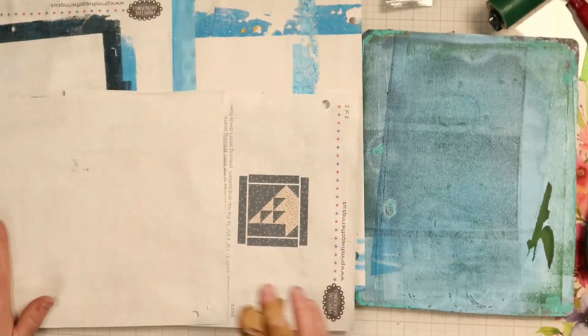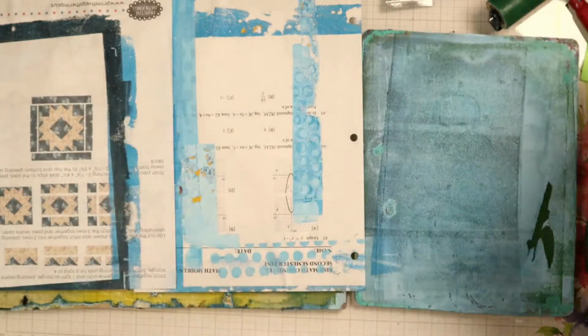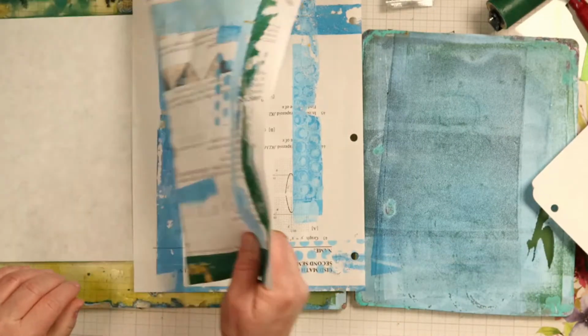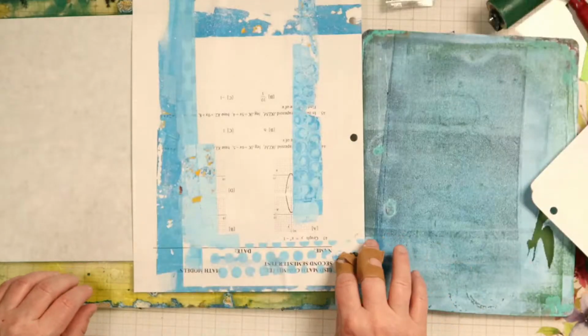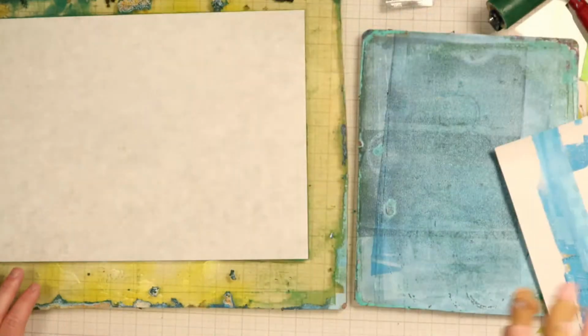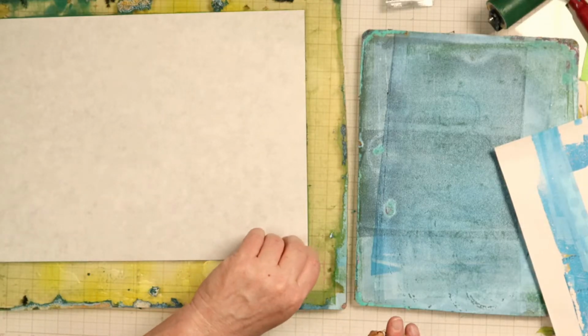And because of that, I think people forget to use those colors. Blue and orange is a good example of colors that are used together more so than red and green, obviously Christmas, but